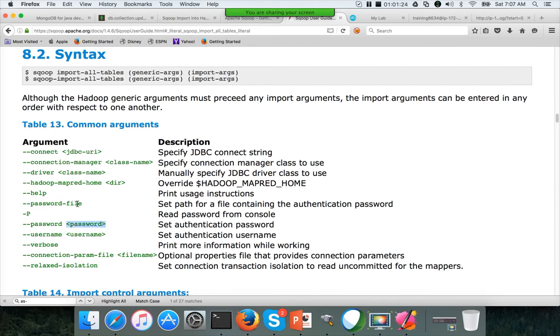The best recommended way is by using a password file, where you can restrict the permissions on the file for all other users on the OS. If you use --password, anyone who has access to the host can see the password, and it will be tough for you to migrate your code from lower environments to higher environments. So in actual applications, we should always use --password-file, and you should control the permissions on the password file at the OS level.